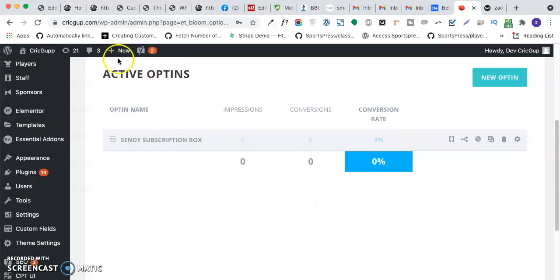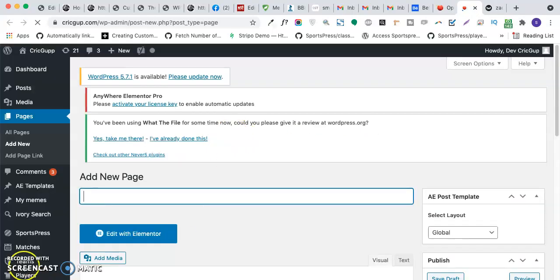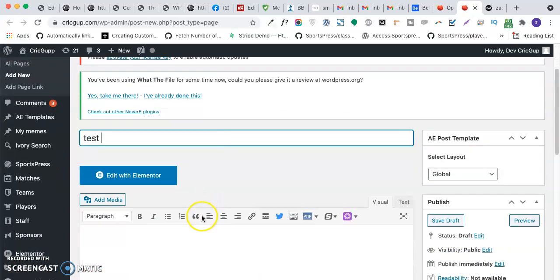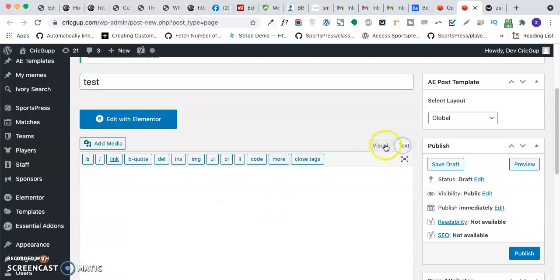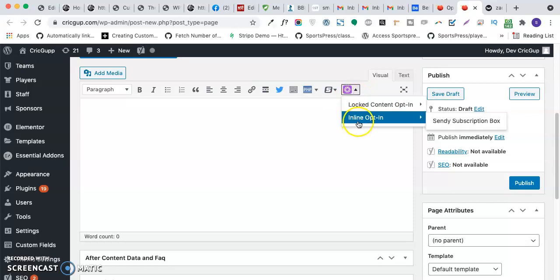Alright, so I'll go ahead and create a new page, and I'll paste this shortcode in this page. This will be a test page. Here you can see that there is an option to directly add the pop-up from the Bloom option.